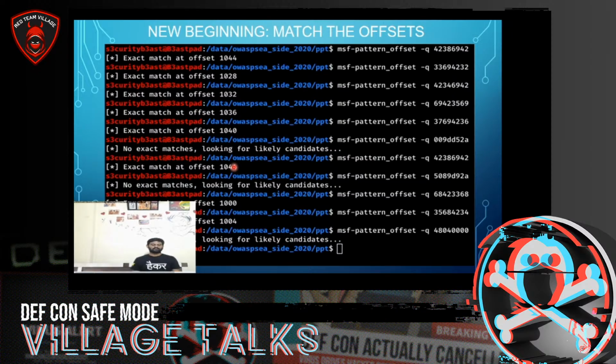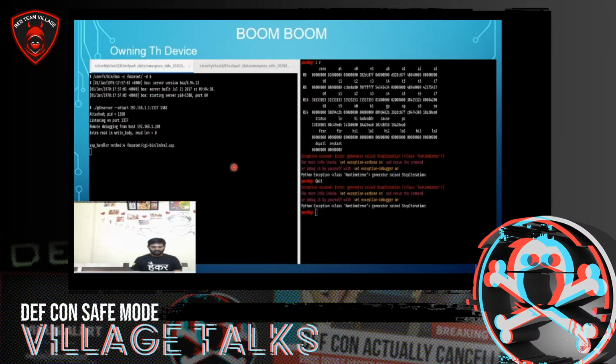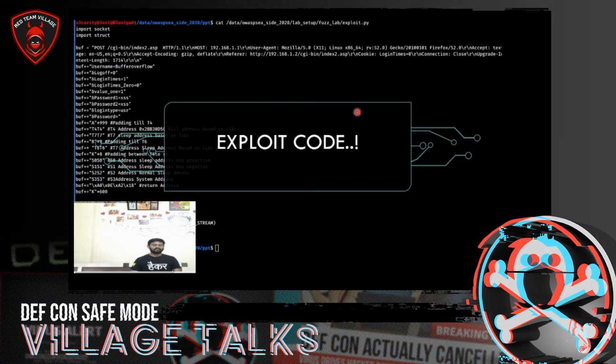Hope you guys enjoy this session, and this is my exploit code. After debugging a lot, I was able to identify the exact offsets. This is a simple request, and this exploit is written in Python. It is available online also. So this is password1 XSS, password2 XSS, login type user, and password. And for the password here we are giving